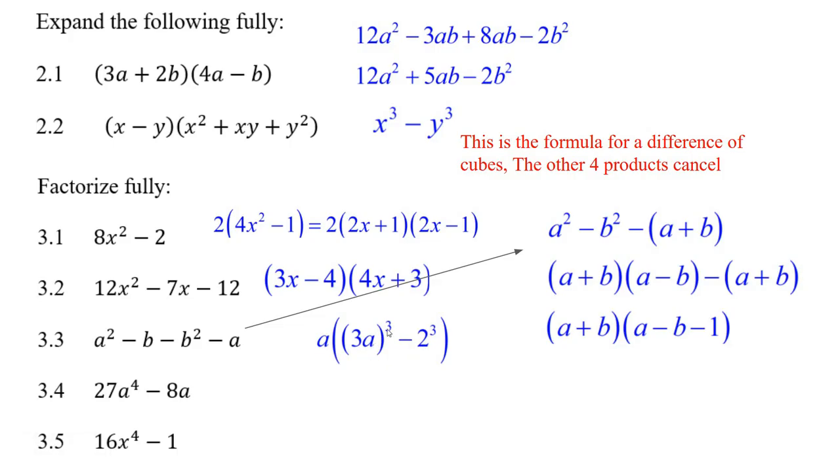Now, what do I have here? You see this x cubed minus y cubed? Well, that's what this is. It's 3a cubed minus 2 cubed. And all I have to do is look at this formula here and write out the answer. I'm going to do it. It's x minus y, which is 3a minus 2,